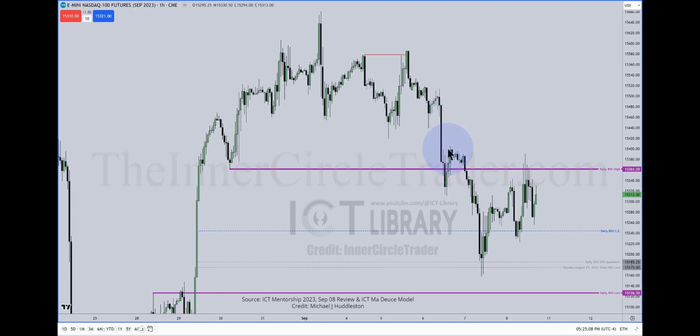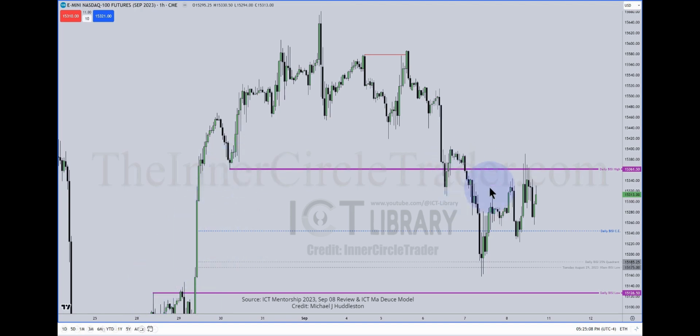this SIBI. We rolled through, went through half of the daily buy side imbalance, sell side inefficiency, which is the consequent encroachment level, that blue line, which is just the midpoint between the lower level and the higher level of the daily buy side imbalance, sell side inefficiency. That one singular big green candle on the daily chart, that's the reference points here for it on the hourly